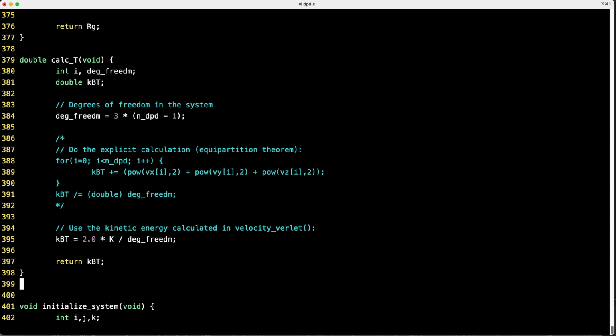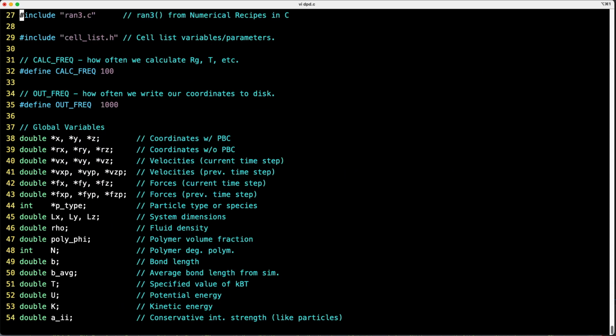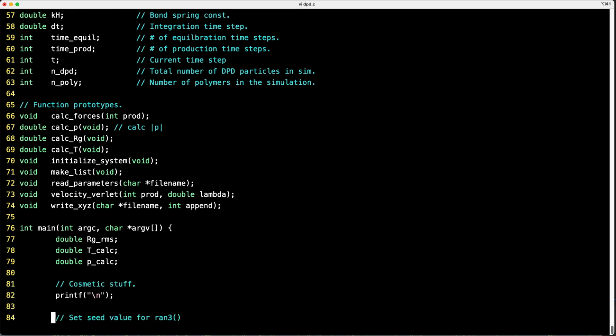And that's a smarter way to do it, in my opinion. So let's save this. Let's go back up here and let's see what we want to output to the user. So we've got a value for RG RMS, double, let's call this temperature calculated, calc, and yeah, we'll just keep it as RMS. Okay, so